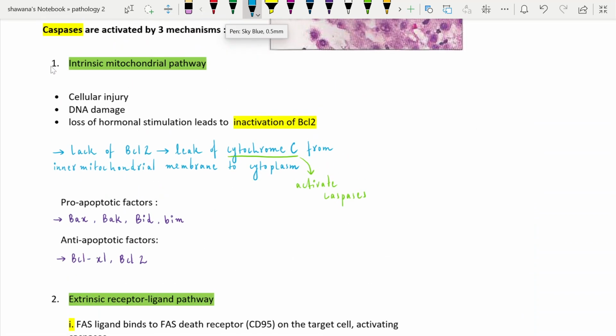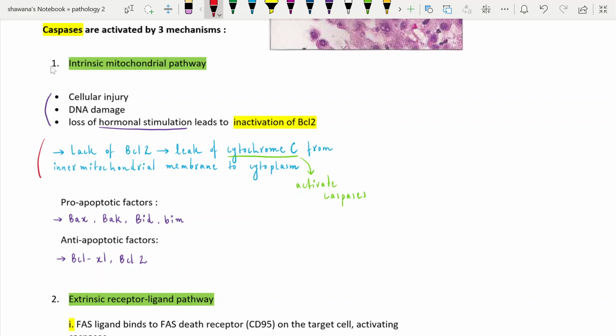First is the intrinsic mitochondrial pathway. The intrinsic mitochondrial pathway occurs in case of cellular injury. Okay, if the cell is injured or DNA is damaged, or there is loss of hormonal stimulation. These three mechanisms, first is cellular injury, DNA damage, and loss of hormonal stimulation. If any of these three occurs inside a cell, it leads to the inactivation of BCL2. What is BCL2? Let's skip